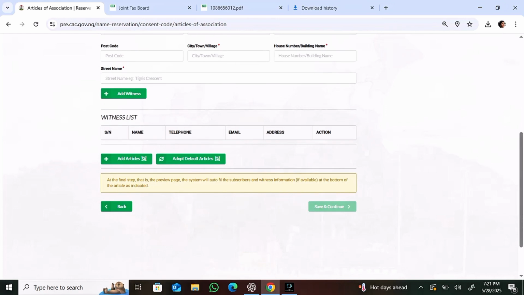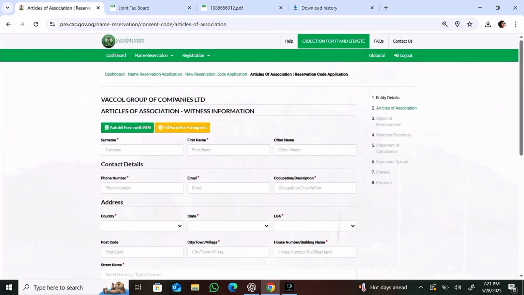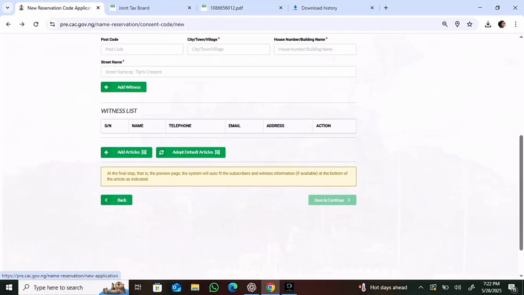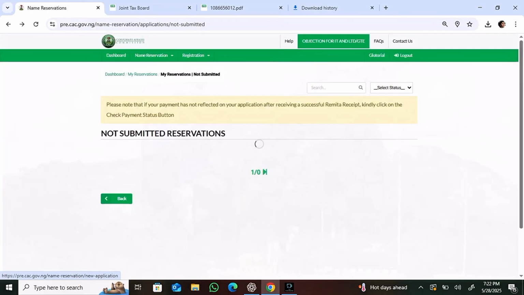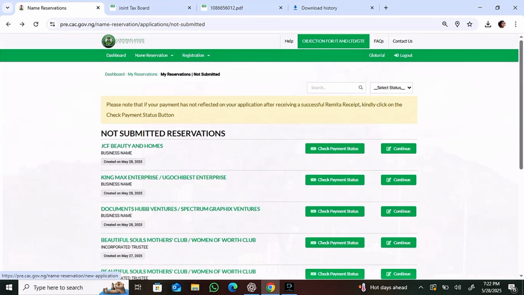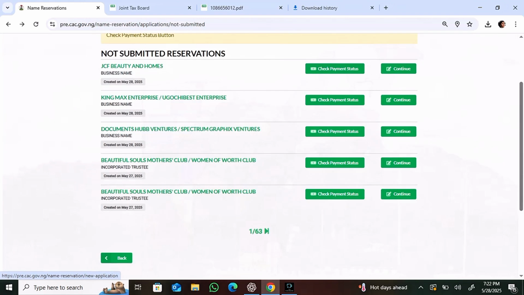So I believe that right now you know where to click to change the name, if you made a mistake. What you just have to do is click on this name reservation process, because if you click on back, it's going to take you back to this place, and if you click on back again, it's going to take you out. So what you need to do is click forward, and then you are going to see that name